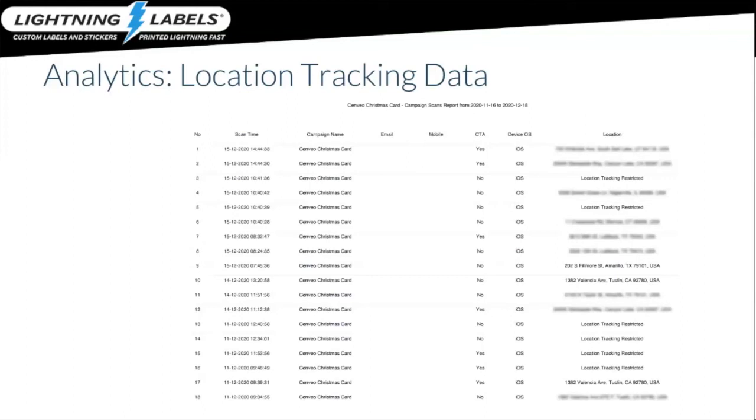So this is a great use of this technology. Again, the analytics data and the information that we can take and provide back to you is super important, and we wanted to make sure to show that so you can see this information and what you can do with it. Great analytics data that you can get with it.